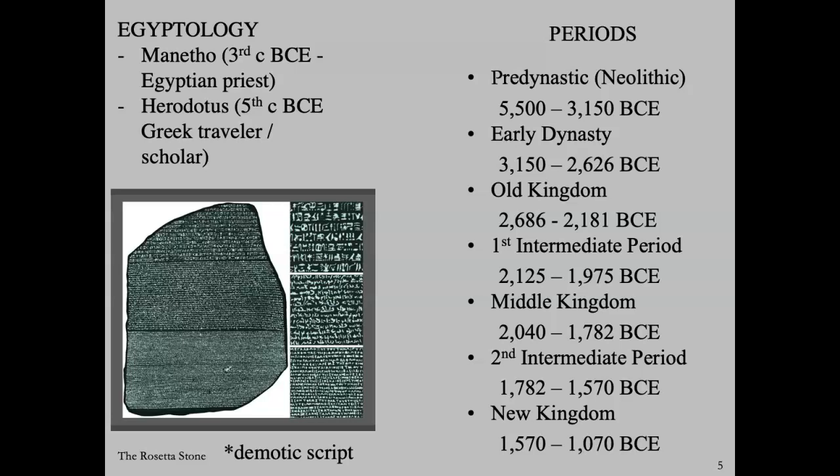And this brings us to the Old Kingdom, which is a large period that encompasses many of the symbols that we think of when we think of ancient Egypt, like the pyramids. That's followed by an intermediate period. And by intermediate period, we are referring to a period in which the systems sort of break down, and there are relatively short periods of chaos. The Middle Kingdom starts in 2040 BCE and goes until about 1782 BCE. Again, it ends in another period of relative chaos when the dynastic system breaks down for a short time. This is the second intermediate period. And finally, it ends with the New Kingdom,